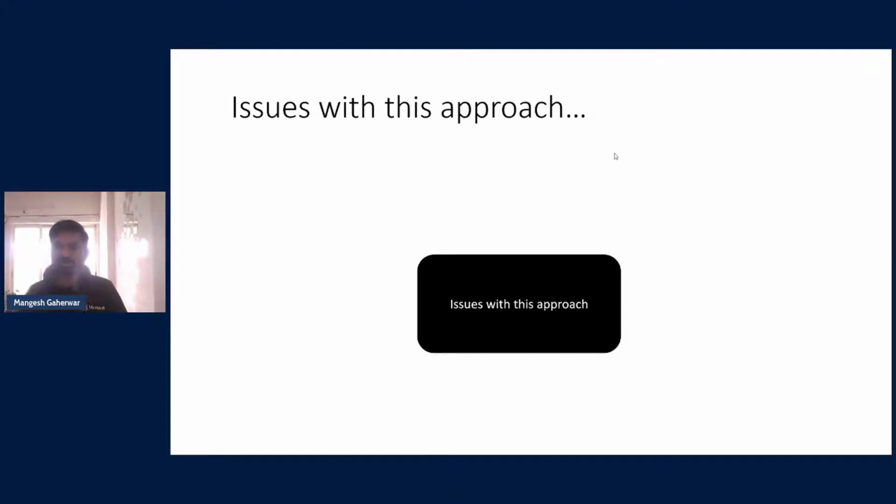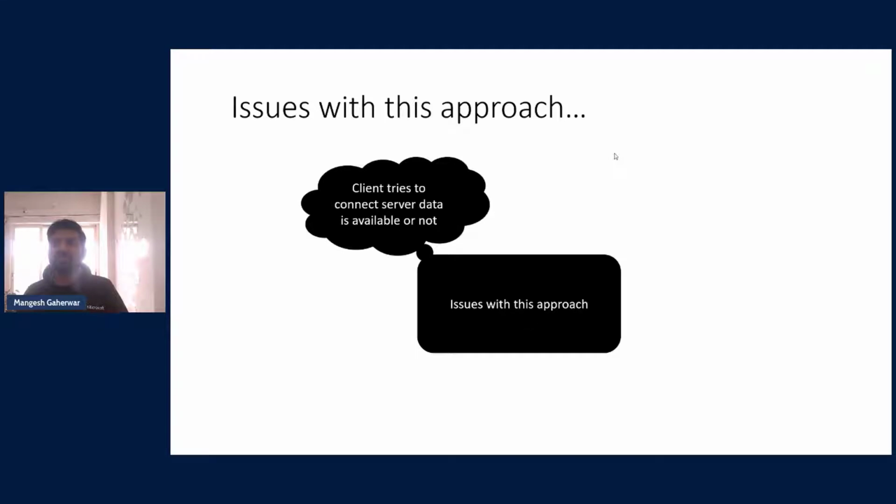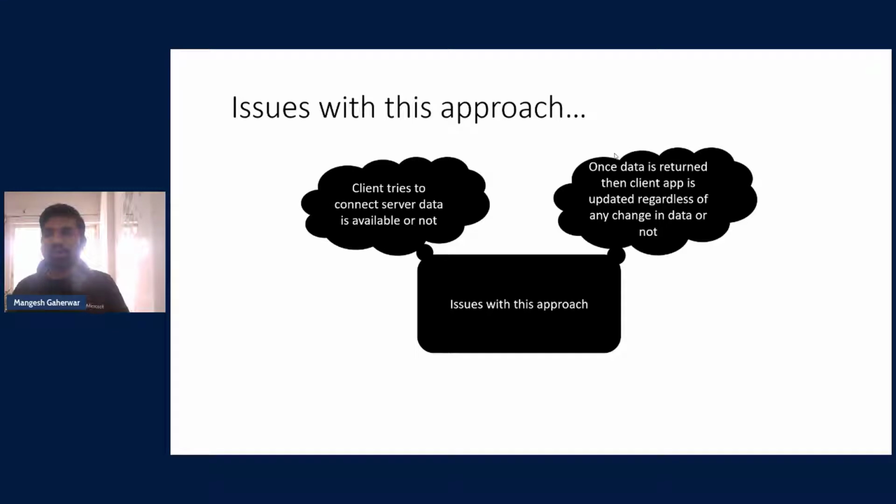So what are the issues with this traditional approach, or with this polling based dashboard? The first issue he faces is that our client app tries to connect to the server whether the data is available or not. Whenever the polling interval happens, the client app directly calls the server method or API method to get the data. Next, once the response is written, the client app is updated